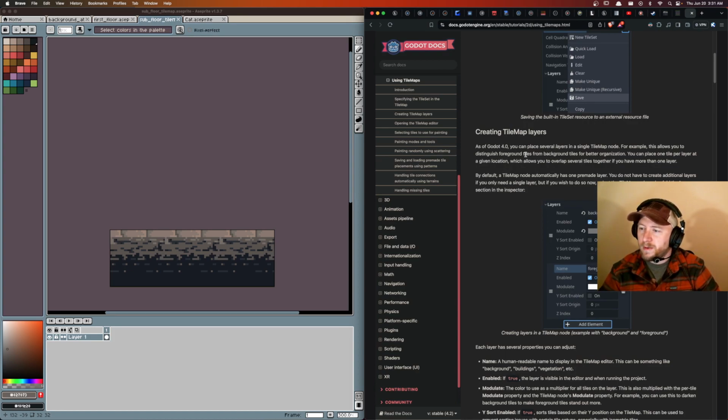As of Godot 4.0, you can place several layers in a single tile map node. For example, this allows you to distinguish foreground tiles from background tiles for better organization. You can place one tile per layer at a given location, which allows you to overlap several tiles together if you have more than one layer. By default, a tile map node automatically has one pre-made layer. You do not have to create additional layers if you only need a single layer. But if you wish to do so now,